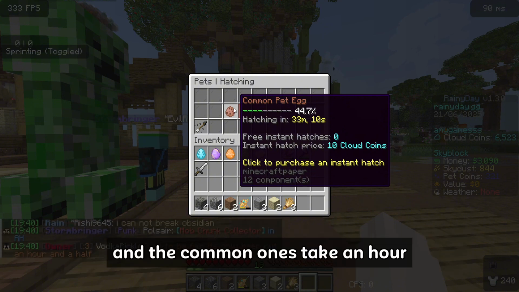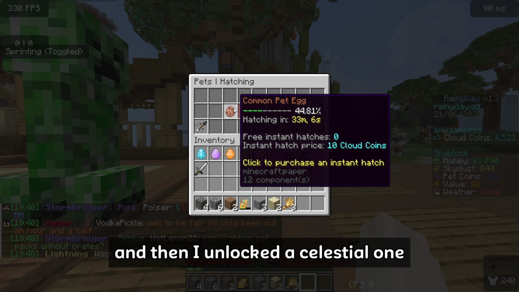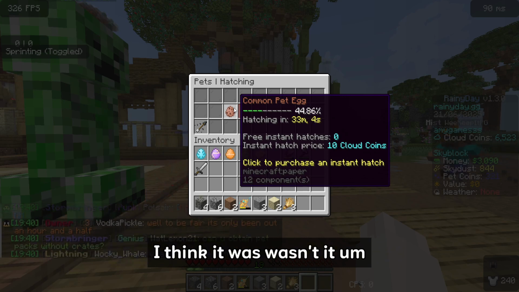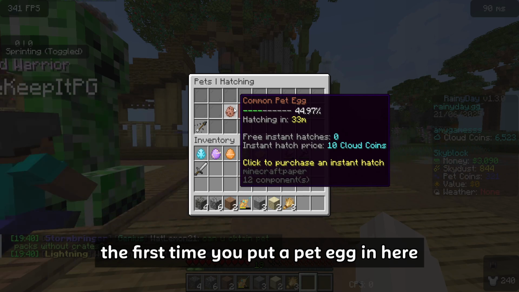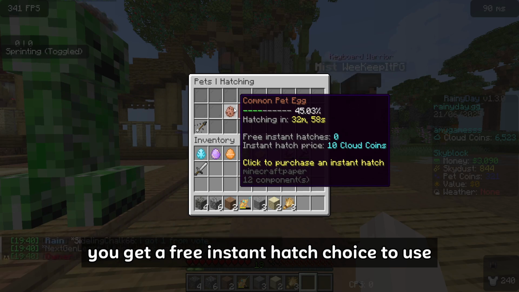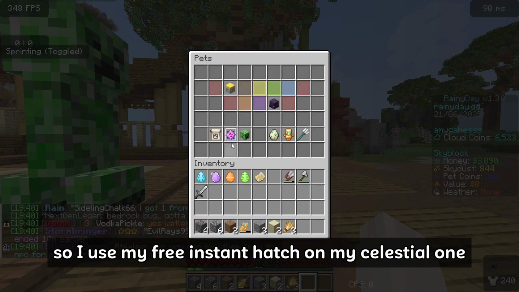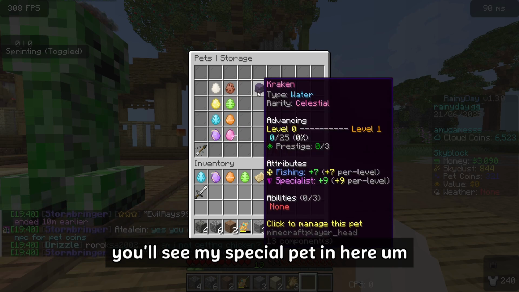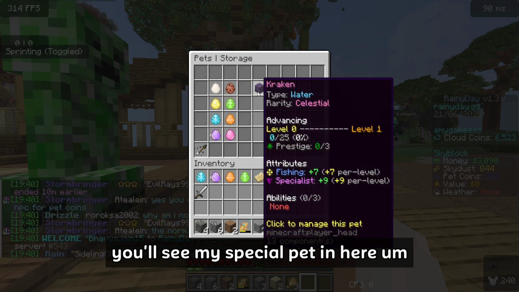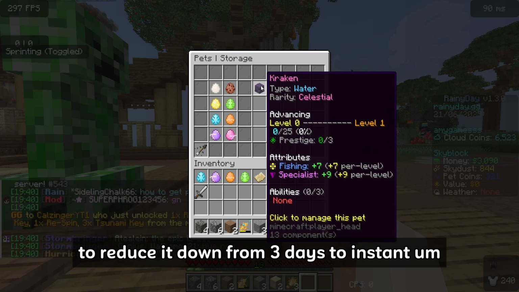The common ones take an hour, and then I unlocked a celestial one, I think it was, wasn't it? And the celestial one took 3 days. The first time you put a pet egg in here, you get a free instant hatch choice to use. So I used my free instant hatch on my celestial one. So if I come on over here and I just go into the celestial tab, you'll see my celestial pet in here. So I was fortunate enough to use it on that one to reduce it down from 3 days